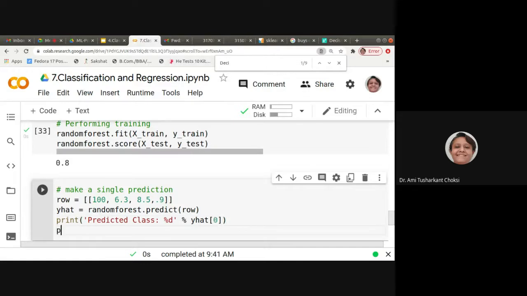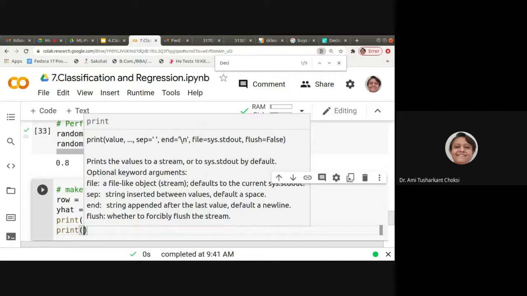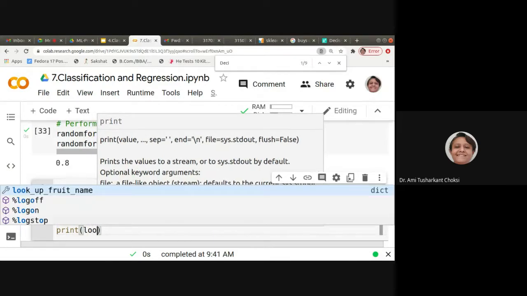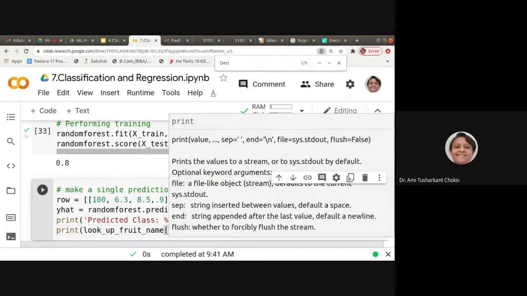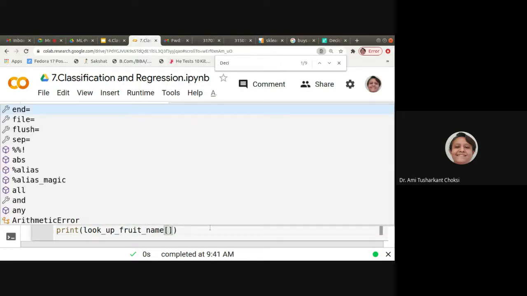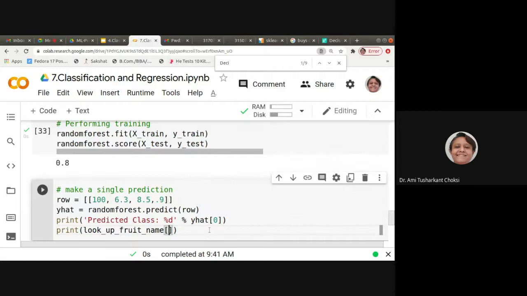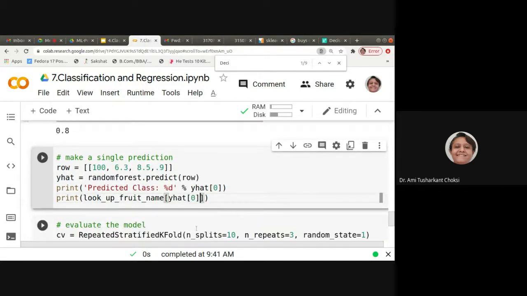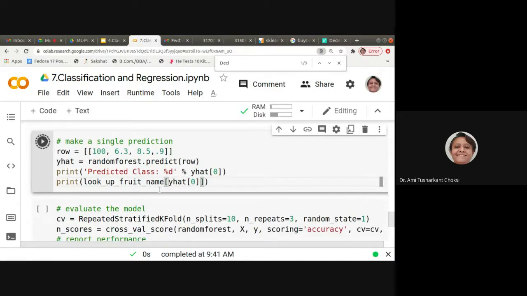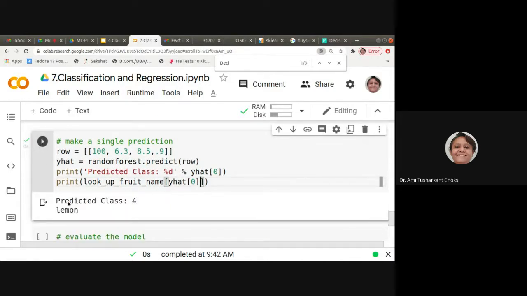If we want the particular fruit name, we have to use the lookup fruit name of our predicted class, that is y hat of 0. Here the predicted class is 4 and the value is lemon.